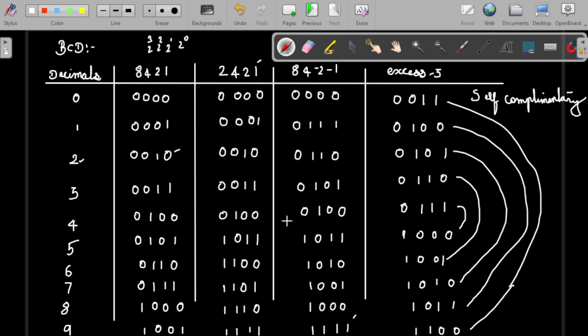Now you can see this one is also a self-complementary code. As you can see, both the bits are just complements of each other. So that is a self-complementary code. So what is meant by self-complementary code is that